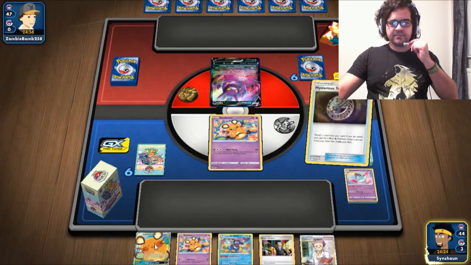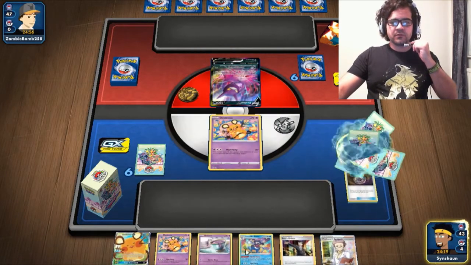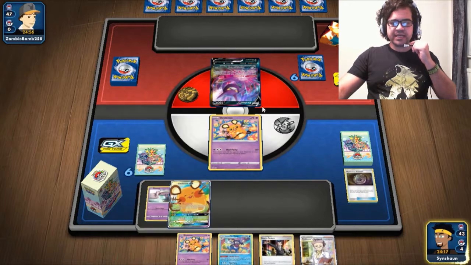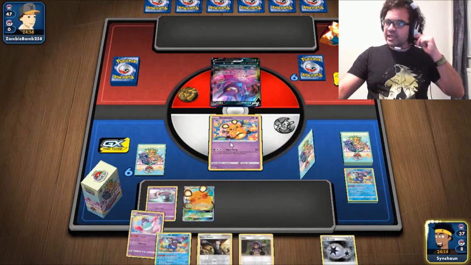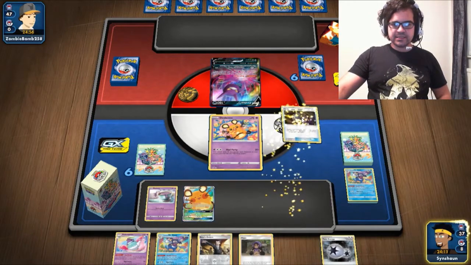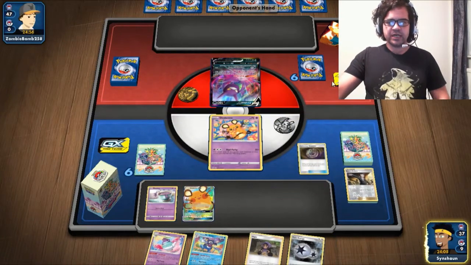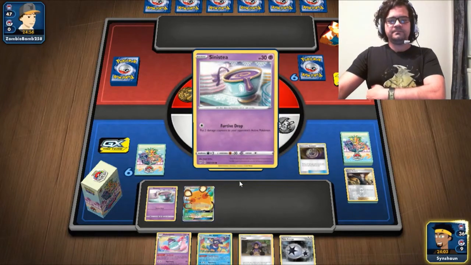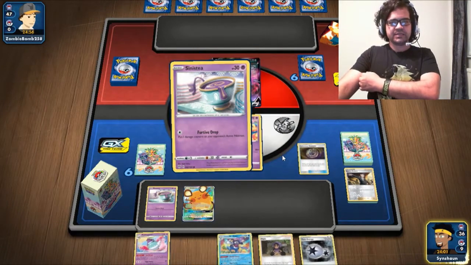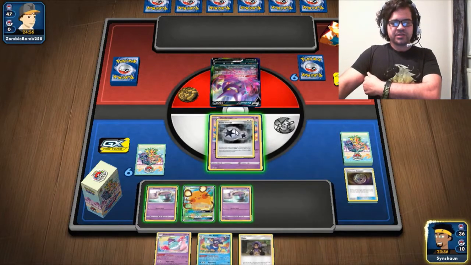Get a Sinisty. And go Dedenne. We may be against the Eternatus, not entirely sure. Starting with that Dedenne isn't so bad in this instance. So we're not going to be Boss's Ordering in the next turn. What we really need to find next turn is the Air Balloon, but I may just attach here anyway